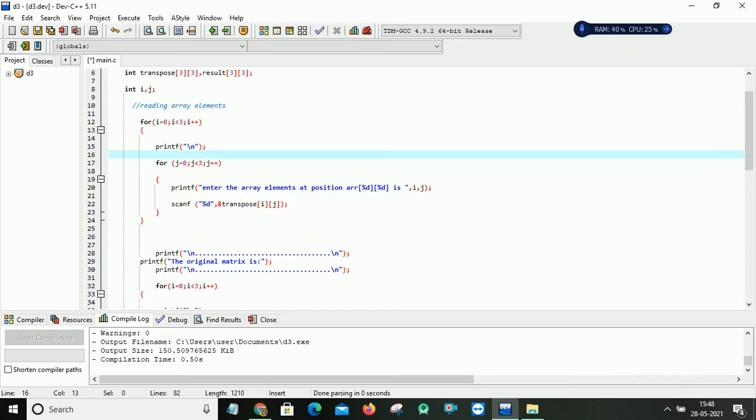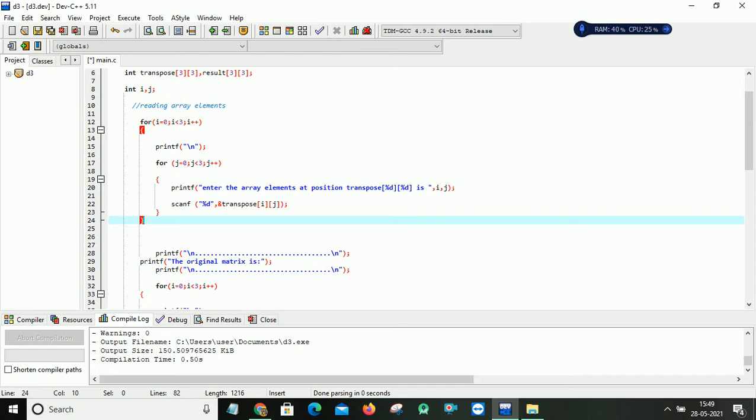So, enter the array elements at position, and here my array is transpose of i j, which will give you the indexes. In the first iteration the i j values are 0 0, so it will ask you to enter the array element at position transpose 0 0.